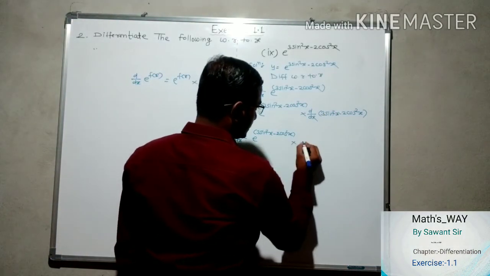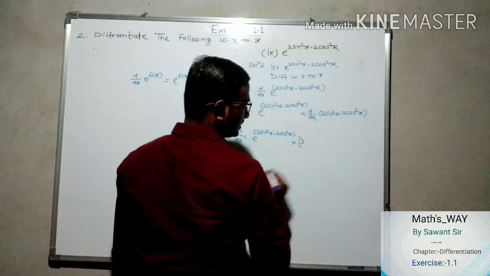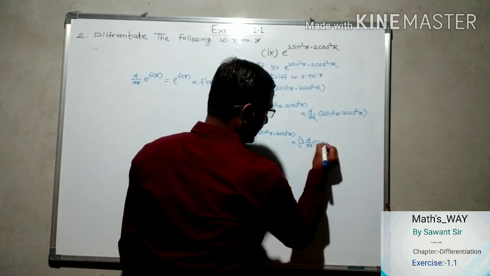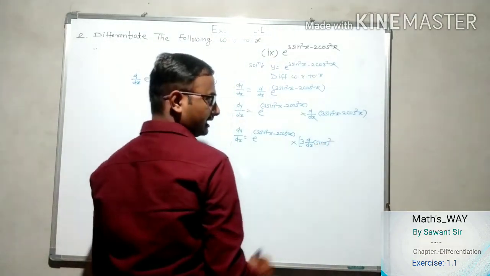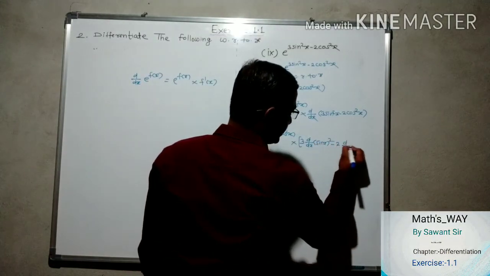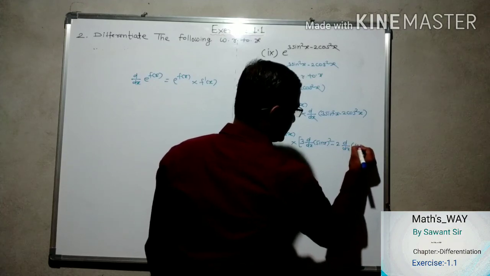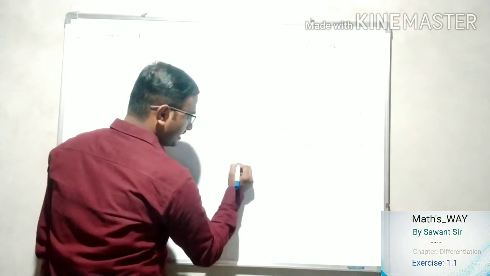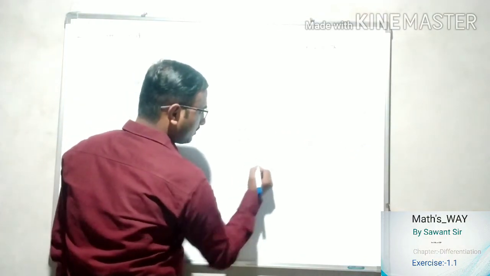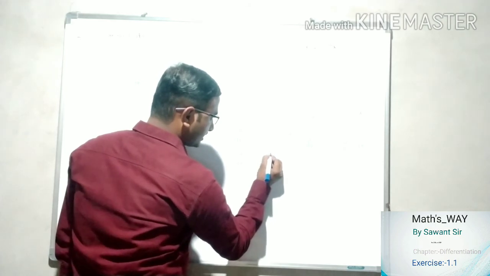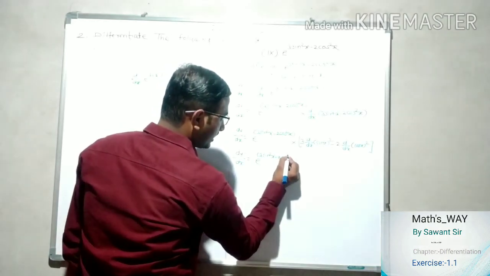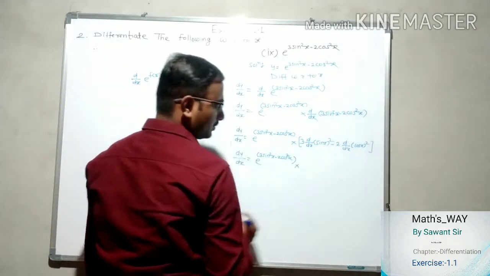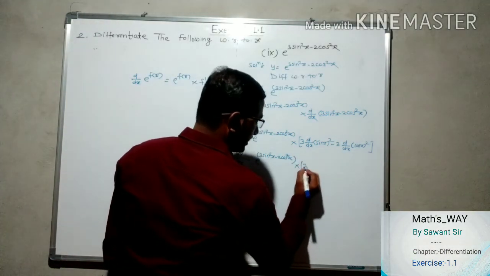So 3 is a constant, keep it outside. Derivative of sin square x. So sin square x means sin x bracket square. This is how we write it. Minus 2 constant, derivative of cos square x. So cos square x is cos x bracket square. So dy by dx is equal to e to the power 3 sin square x minus 2 cos square x into 3 as it is, derivative of sin x bracket square,